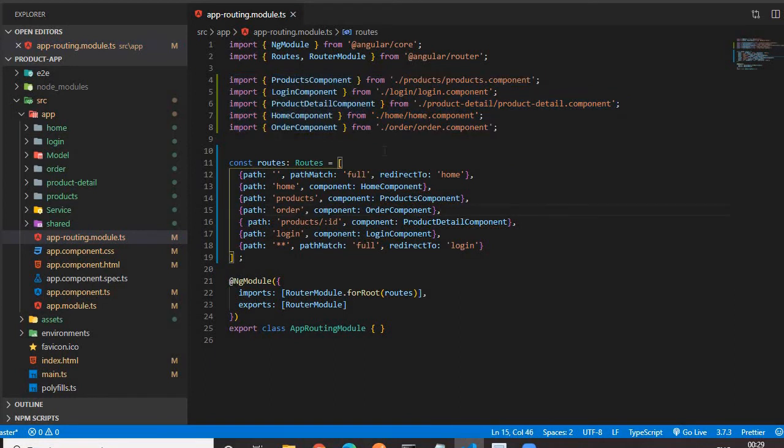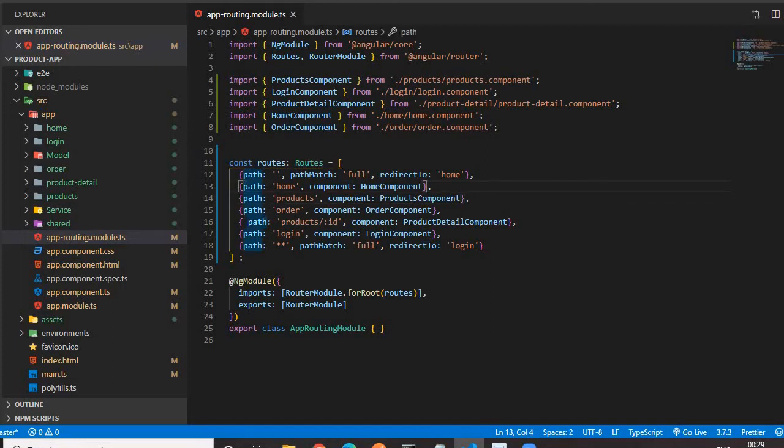For configuring the routing, in this constant which is of type Routes, Route is being imported from the @angular/router package. So all these kinds of things are being taken care of by Angular CLI. That is the cool feature of using Angular CLI. So only we have to configure the paths in this array. Okay, this is our main concern. The first path we will come to later. Let's count on the second path.